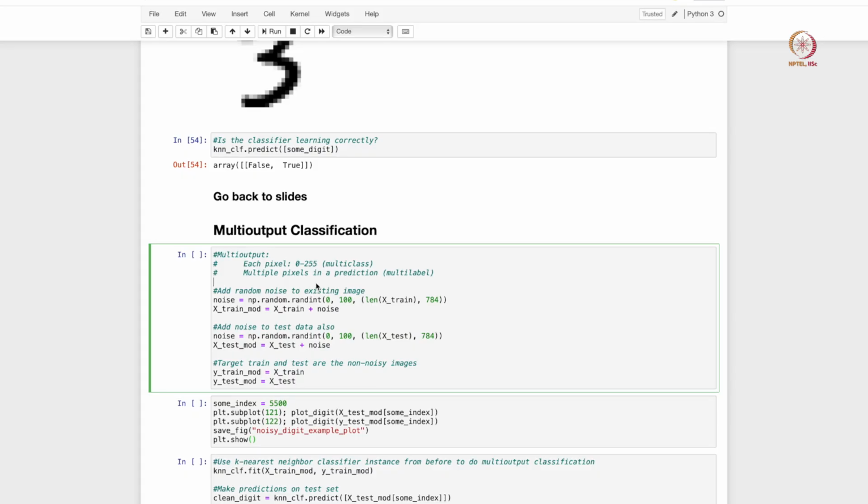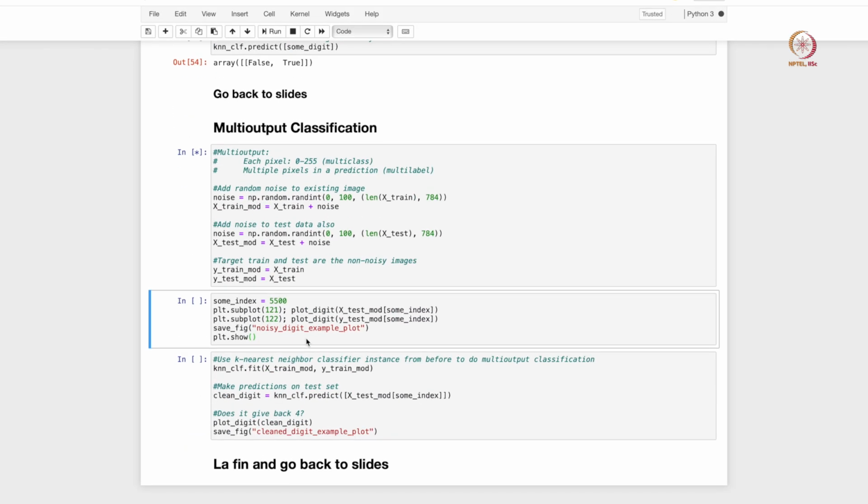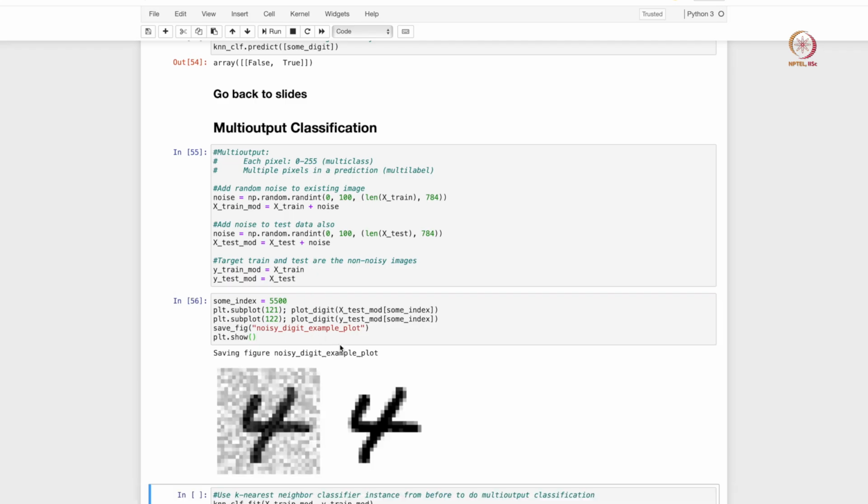So we will take the example of recovering the true image from a noisy image within our MNIST dataset itself. So let us get back to our notebook. And let us do simple multi-output classification, and for this we will use our k nearest neighbor classification model itself.